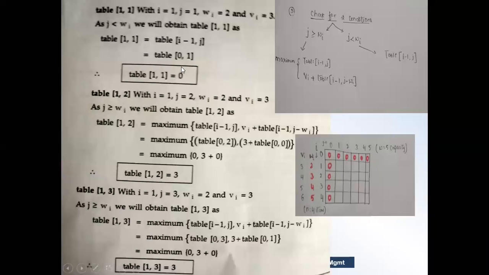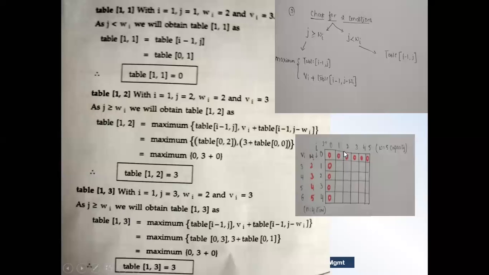Now if you understood the use of the first row, that is the 0th row and 0th column, it is of no use actually. It does not represent any respective object, but still it is required while calculating. So 0 comma 1, so table of 1 comma 1 will be filled with 0. So you write 0 here. Clear? Okay, we'll go to the next one.